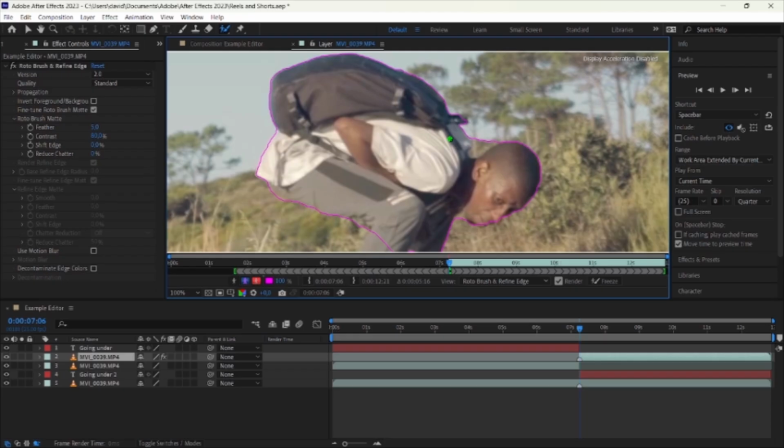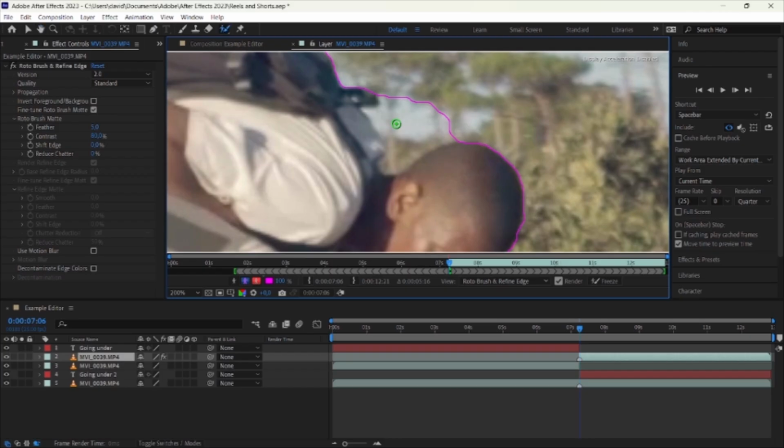All right. In certain areas, if you realize that the selection wasn't accurate, like right there, for me, as you can see, it didn't select properly right there. What you can do is, in my case, I'll zoom in slightly. Now you hold Alt key on your keyboard, and then you adjust just like that.